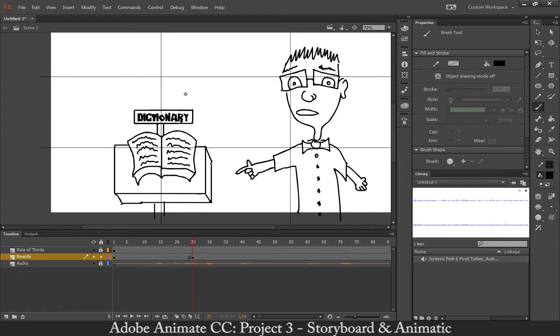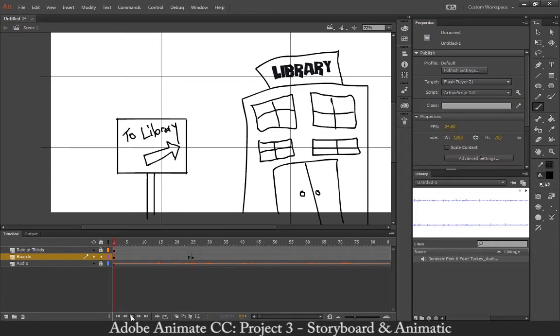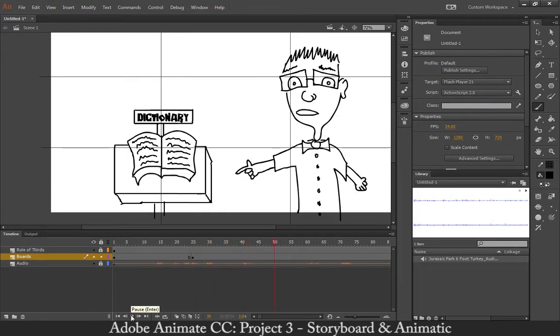Alright. And later, if I have time, I'll go back and do more thorough backgrounds. But I want to get the main idea through: the staging of my main sequences here, my character, the book on the dictionary for that. So now when I play it back, I know where they're at. And when I play it back,